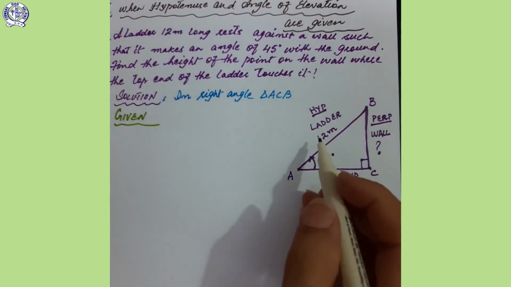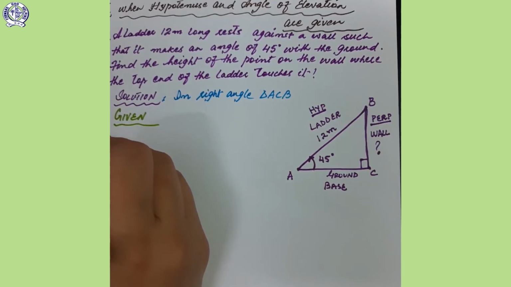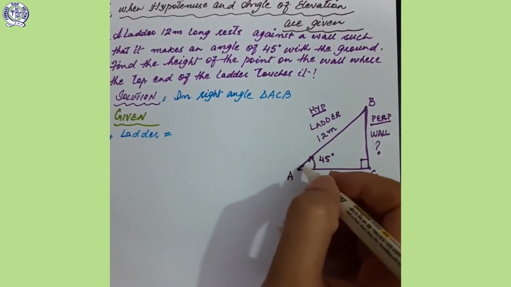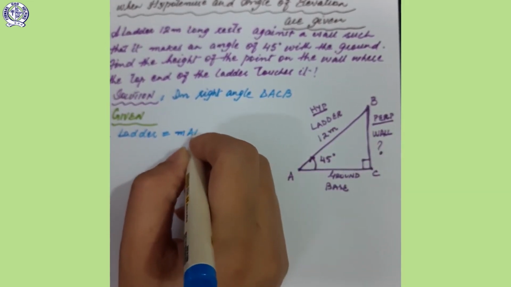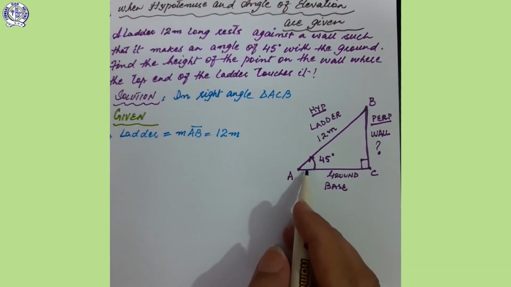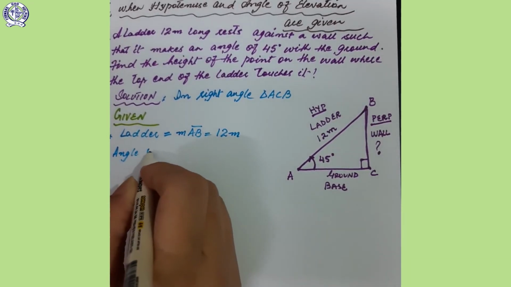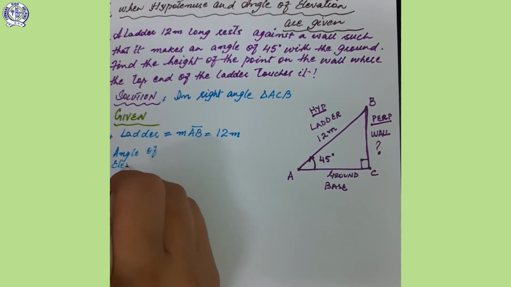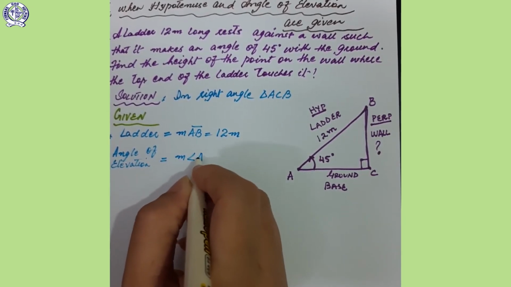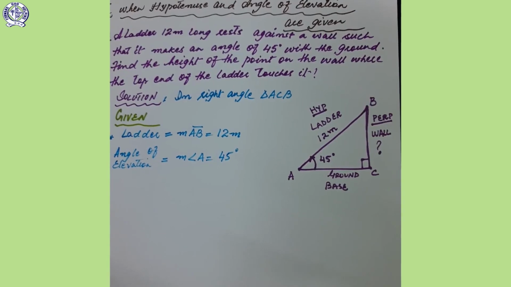Okay, this is right angle triangle ACB. And what is given in this, that this is the ladder is 12 meter. So we will write the length of the ladder, side AB, equals to 12 meters. Okay, this is given. Second thing given is this angle of elevation, angle of elevation is angle A, and it is 45 degree. Okay, angle of elevation is given 45 degree,